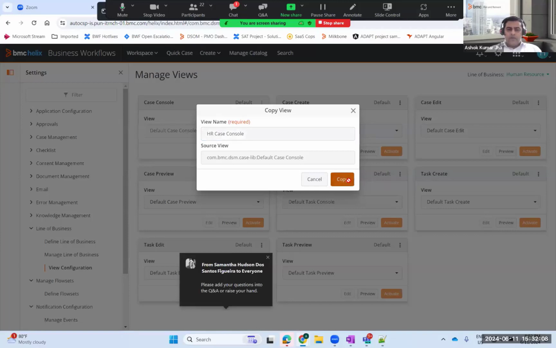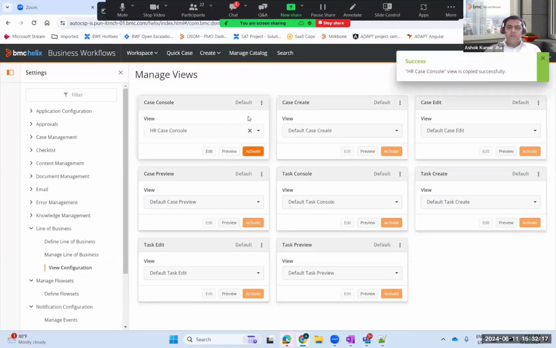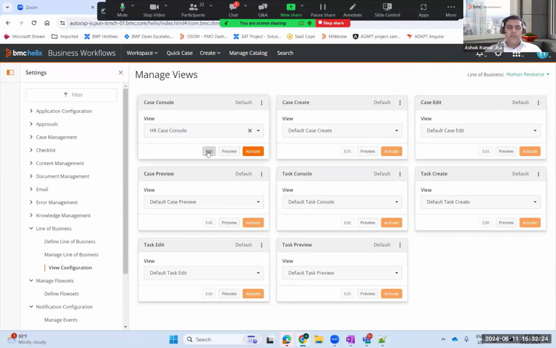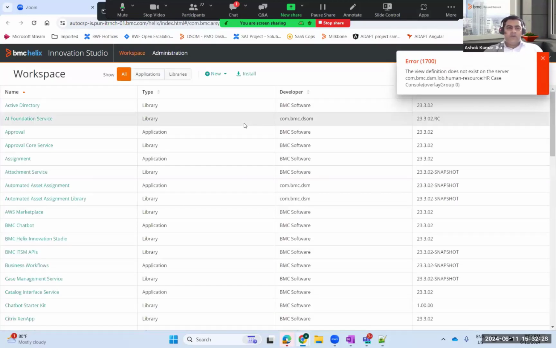So you make a copy of it. That is the first step. The way we start with any kind of view configuration is you go and make a copy of the particular view. Now, once this view is copied successfully, you can see this is HR case console. Now, what I will do is go and edit it. Once you edit it, it actually opens up in your